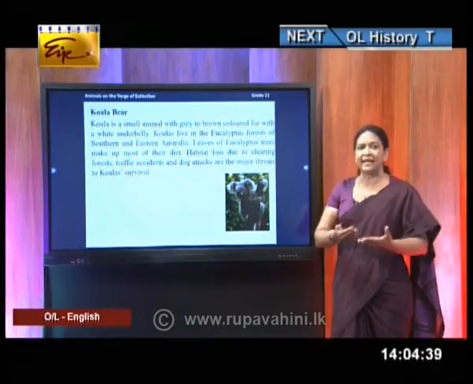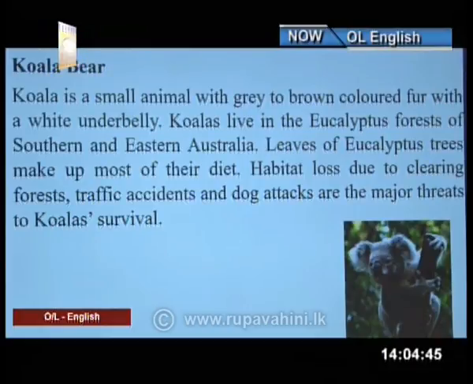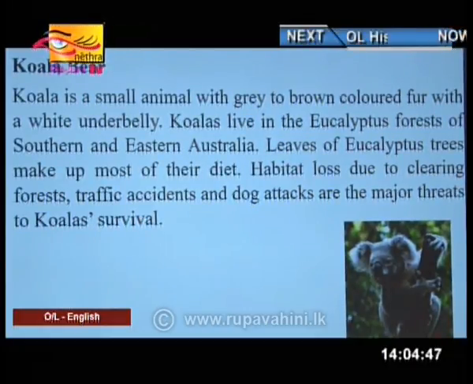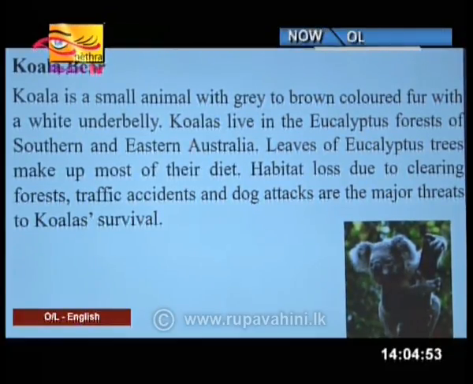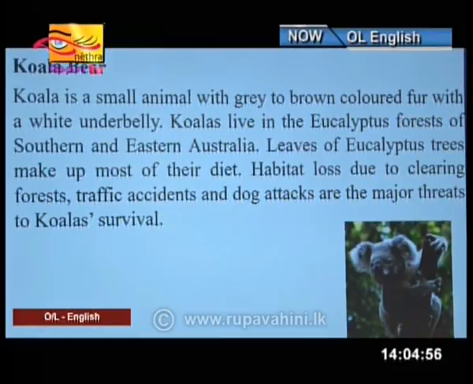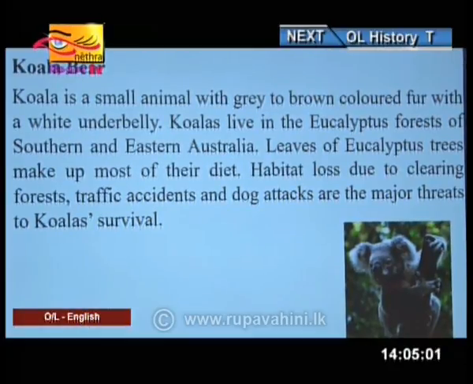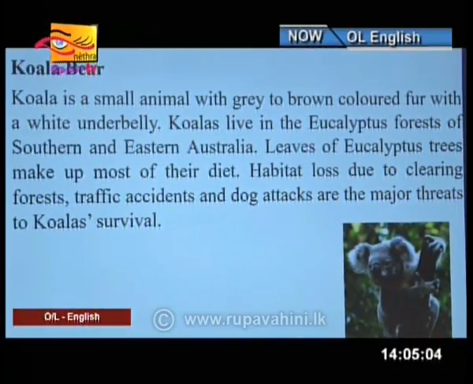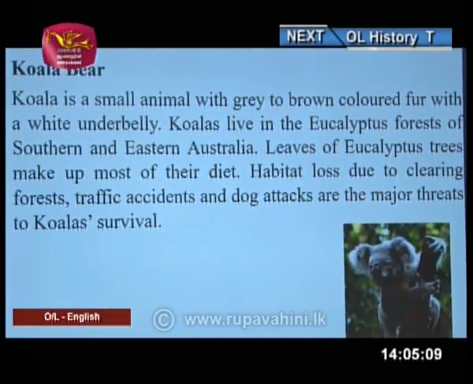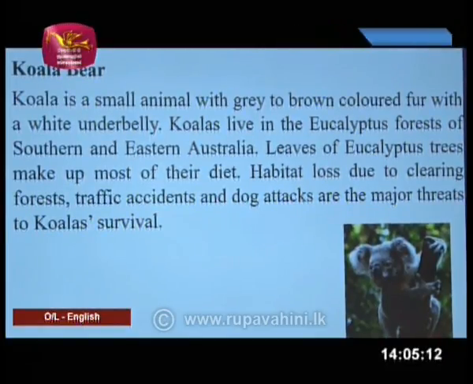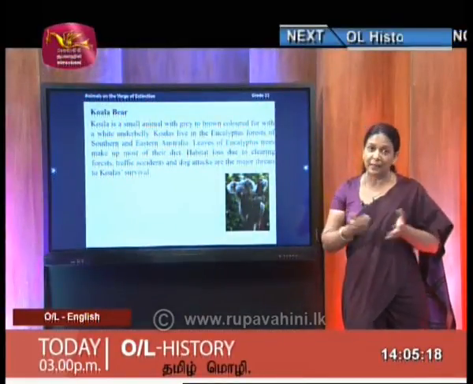But before we move on to the second one, let me know the words that helped you to find out that information. Can you tell me the words that helped you to find out the information? Yes, very good. So, I have found out 2 words there. One is fur, the other one is belly. Fur means the tiny little hair that grows on the skin of the animal, and belly means the tummy or the stomach. So, both these words talk about the parts of the body of the koala bear. So, that is something connected to the appearance.